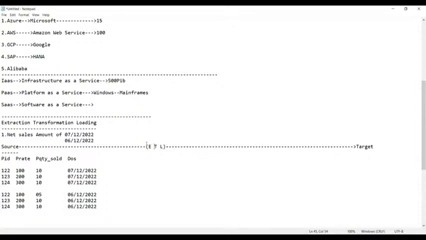Extraction is the process of pulling in the required data. ETL, that is nothing but extraction is the process of pulling in the required data. So now, guys, tell me, to find out the net sales amount of 7th December 2022,